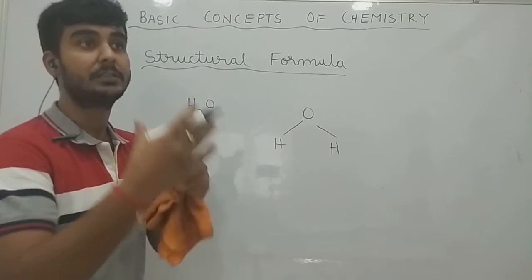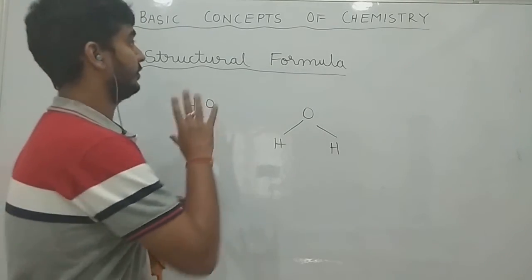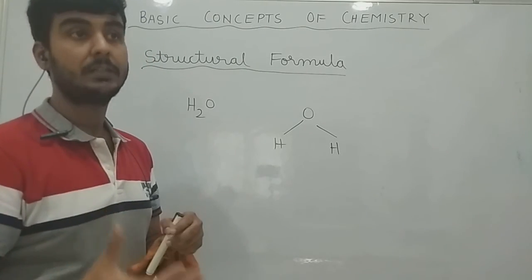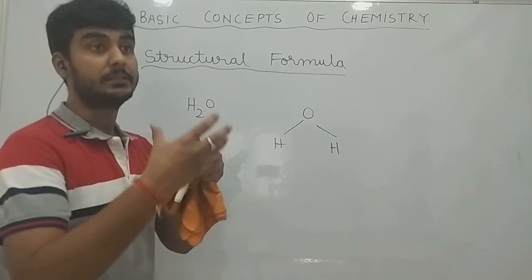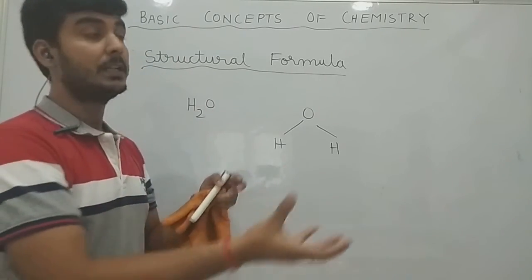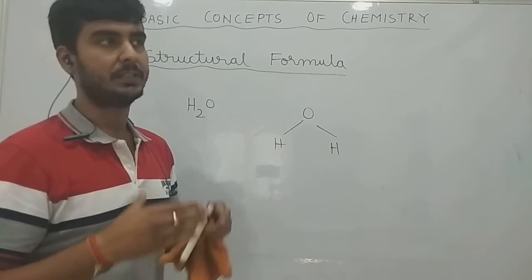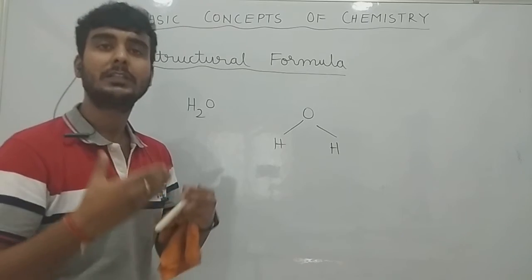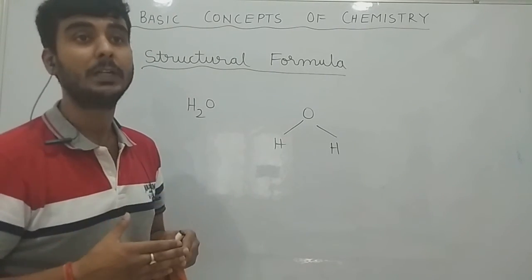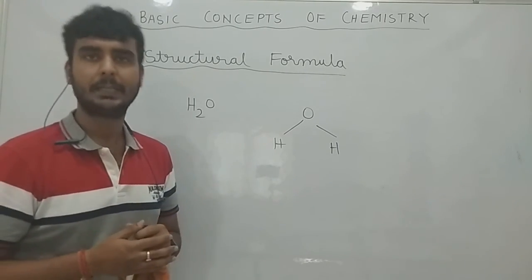We'll be talking about this in the chemical bonding chapter, what is bent or V-shape, and there are a lot of structures representing the structure of various molecules. So this is the structural formula. The structural formula basically gives you information regarding the orientation in space of the atoms which are forming the compound or the substance. The structure of the compound depends upon a lot of factors which we will be seeing in the chemical bonding chapter.